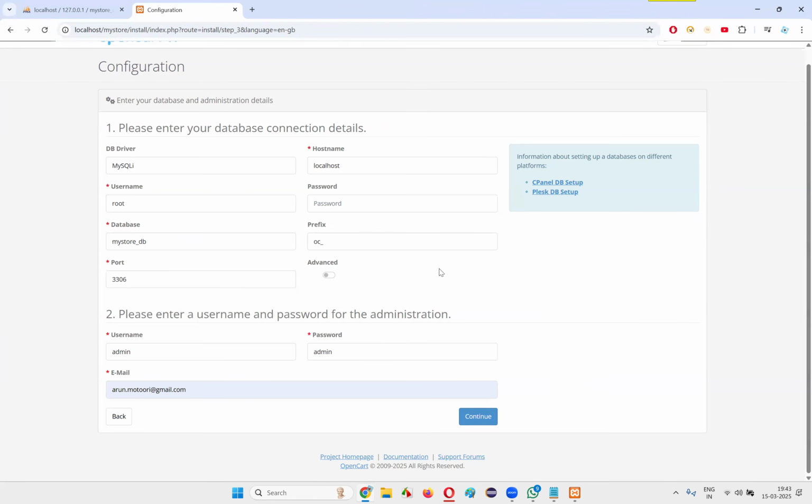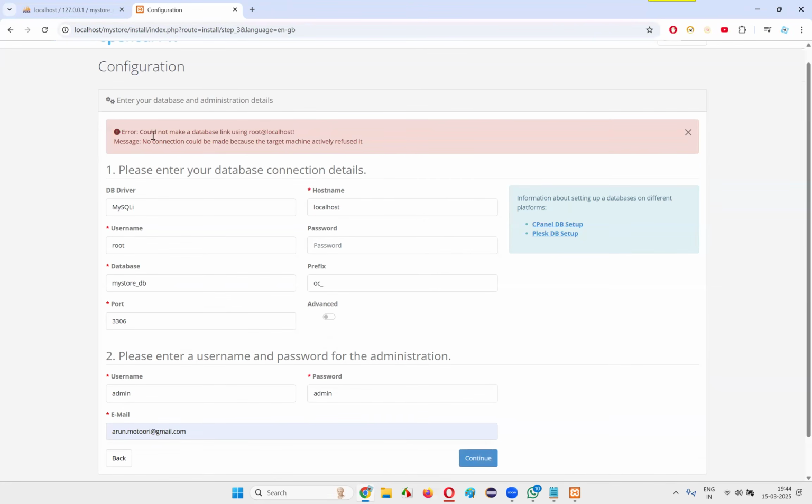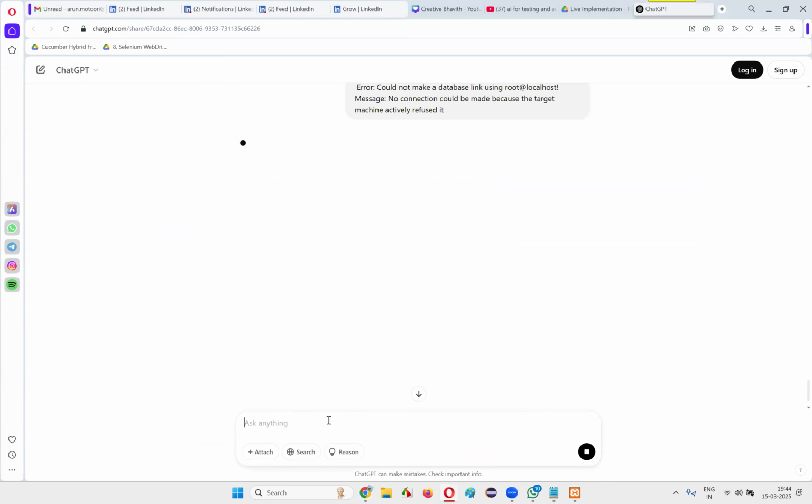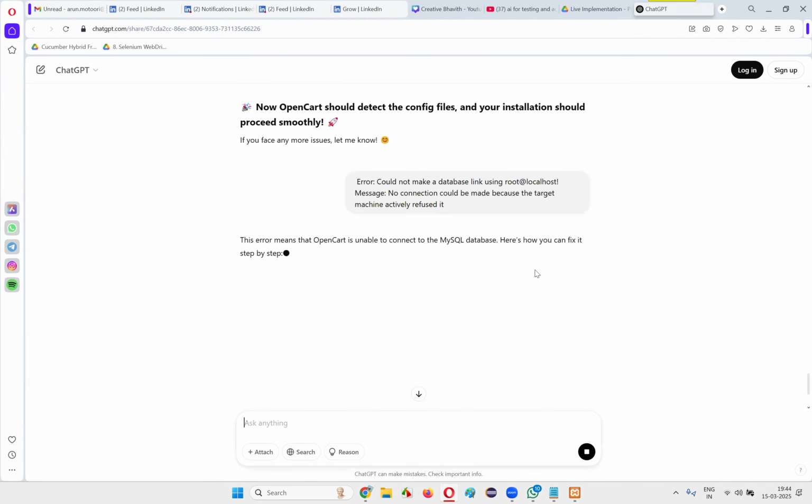Is it done or so? Could not make a database link using actively reduced it. Okay, just copy these two lines. If I'm not getting this, I'll just go here and simply use ChatGPT or something for that purpose. It should work, but